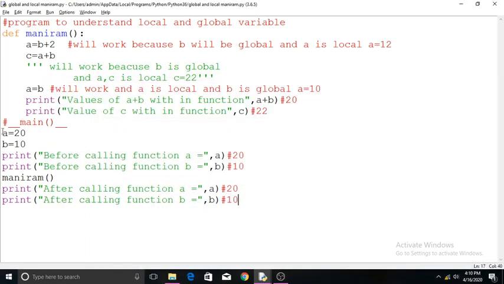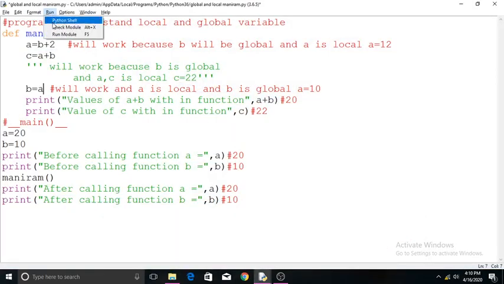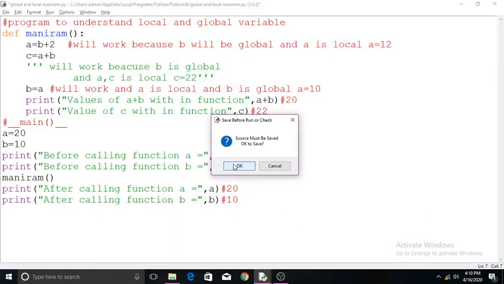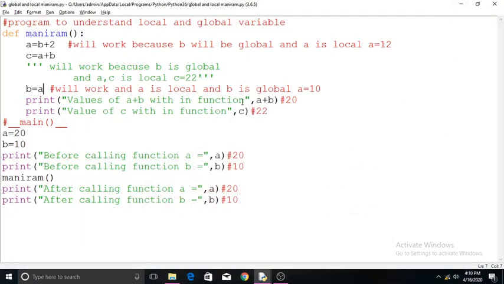If this statement is in this manner, we will see B equals A. Then what is the output of this program? Okay, run module. It produces an error. B is not available anywhere, you are trying to make a change in the global variable.